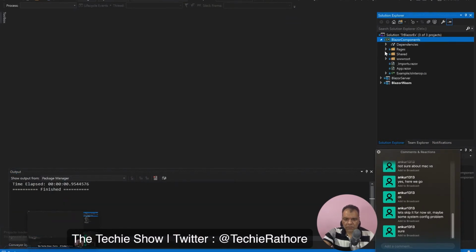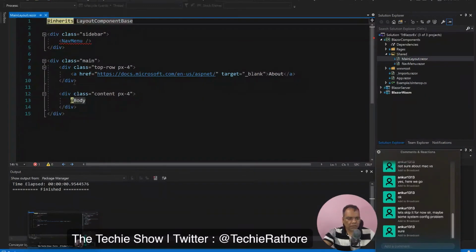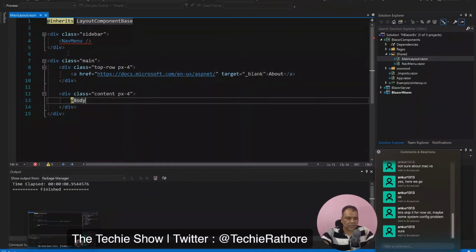Yeah, so Blazor Server. So if you see here, this is the main layout, and this main layout has only the divs, the code written in HTML, okay. This is common HTML code, and let's understand this main layout.